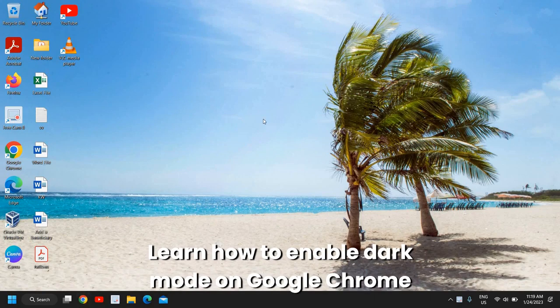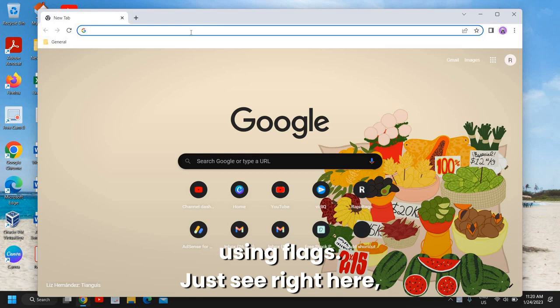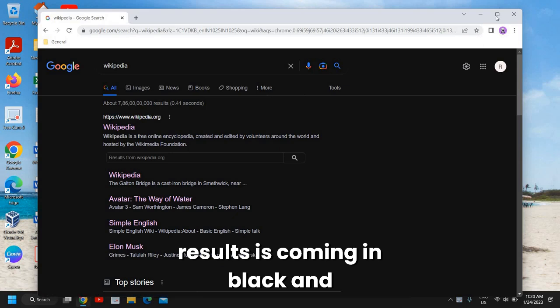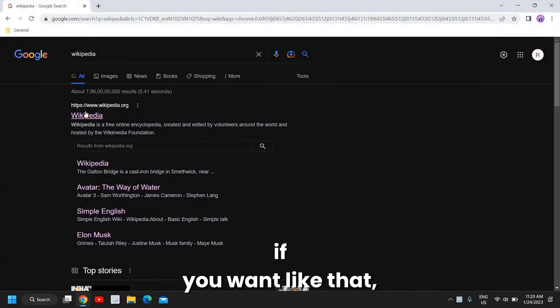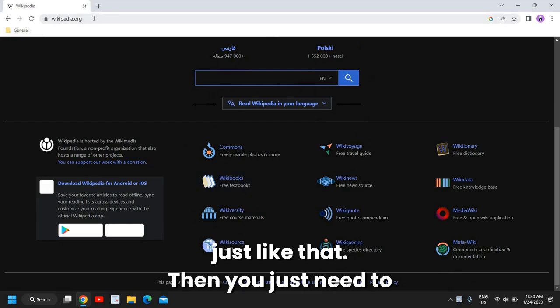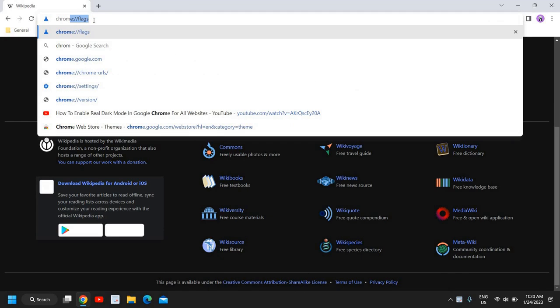Learn how to enable dark mode on Google Chrome using flags. Just see right here, I'm just typing it and the search results are coming in black. And if you want it like that, then you just need to type Chrome at the very top,